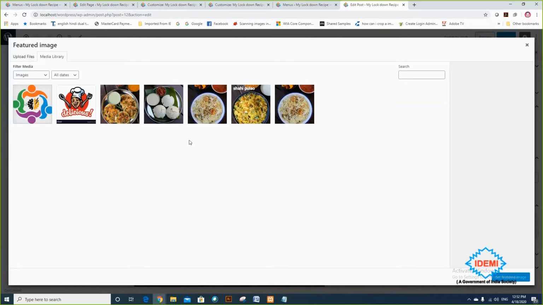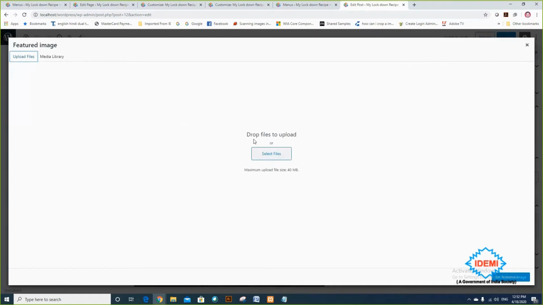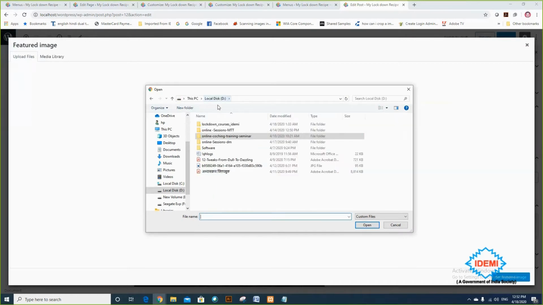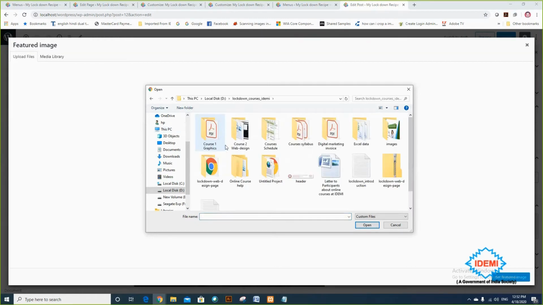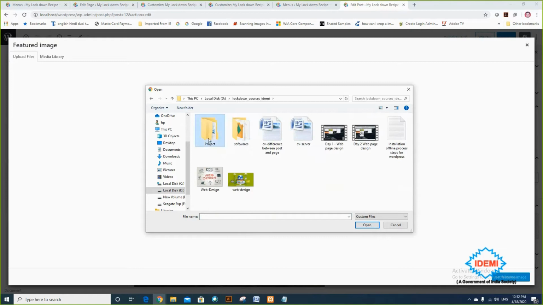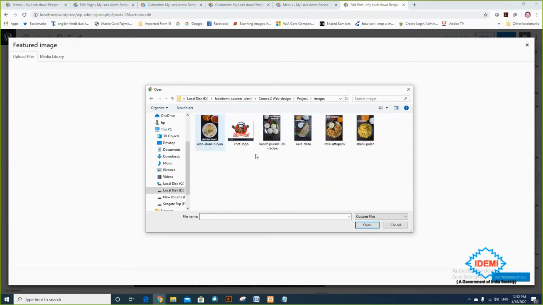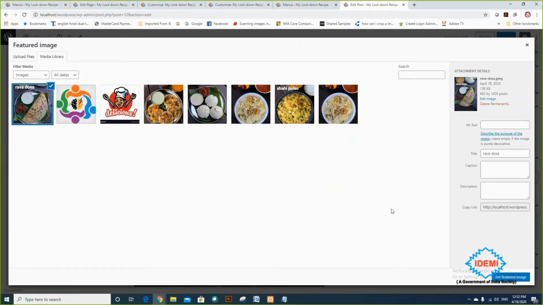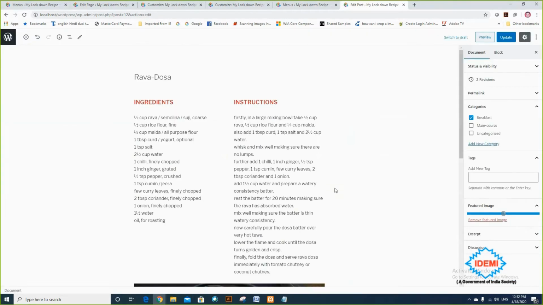Okay, so Ravadosa is not yet uploaded. So I'm going to upload Ravadosa from my online lockdown courses for web designing, and there is a project images folder and the Ravadosa image is there. So I'm selecting it and clicking on save features.